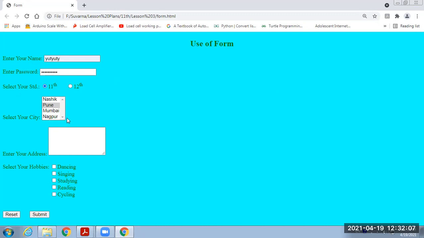Then you have to select your city. Just as I told you, the selected option is used to select the default city. Therefore, here I have provided Pune as selected, and this is highlighted. If you want another city, you can change it. Also, you can change the format of this drop-down list. Then here you have to enter your address, and for that this text area is used. Here you can provide your address like this. Though the number of rows is less, a scroll bar will be displayed and you can enter multiple lines of data under